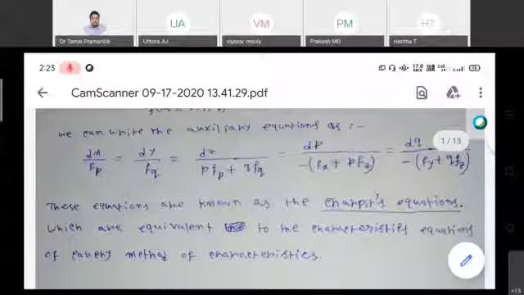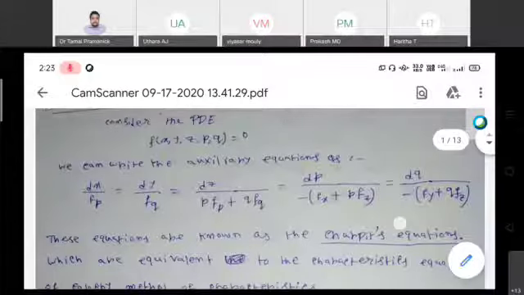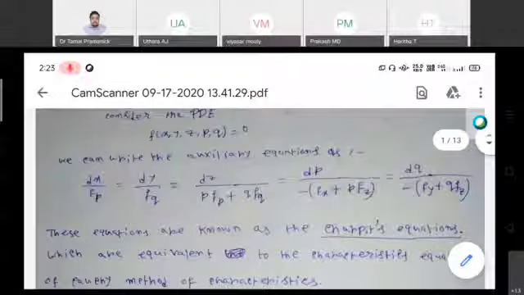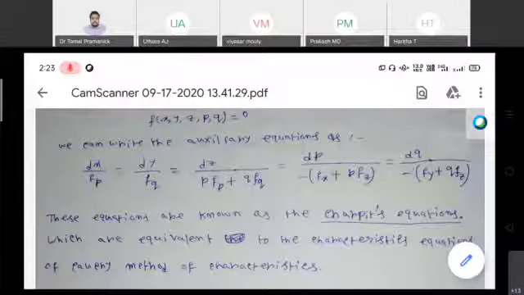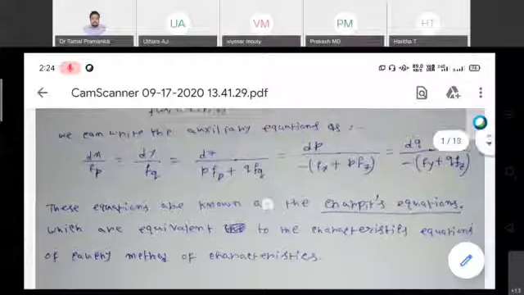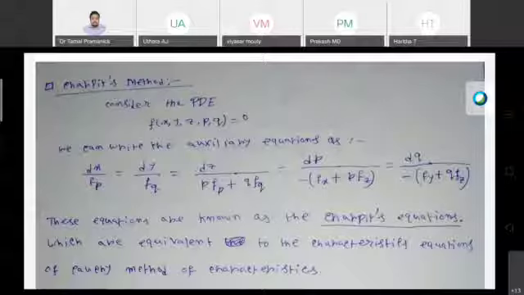In the Cauchy method, we have written dx by dt equal to fp, and these methods do not include the parametric form. So this is dx by fp, dy by fq. In the Cauchy method, we have written dy by dt equal to fq, dz by dt equal to pfp plus qfq. So whenever you read or study, study with understanding. Don't study blindly, because you are just remembering that Cauchy.